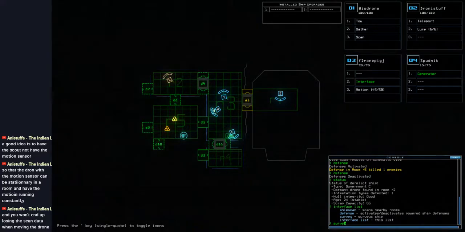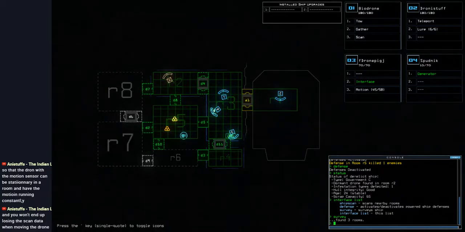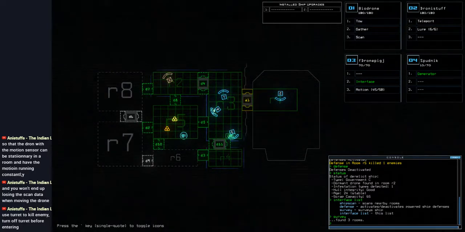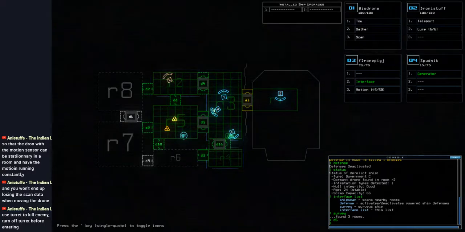Survey. Found 3 rooms. Okay. So this is interesting. Our threat in R5 is dead. And the turret is deactivated. I did remember to do that. Yeah. Alrighty, so D5. And let's go ahead and move